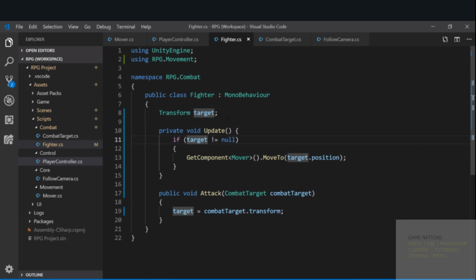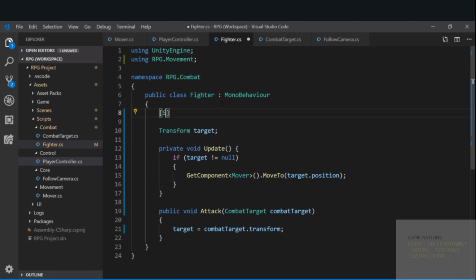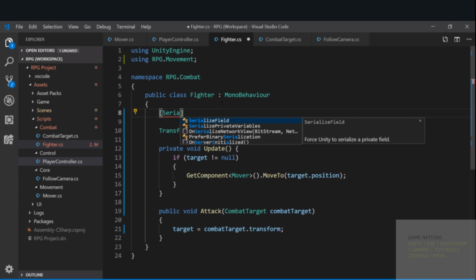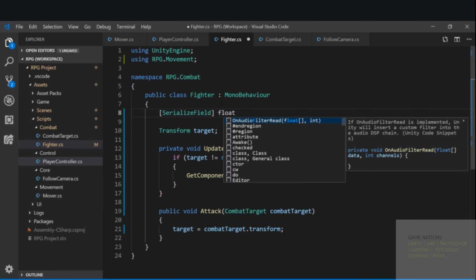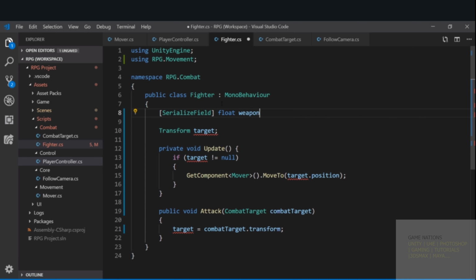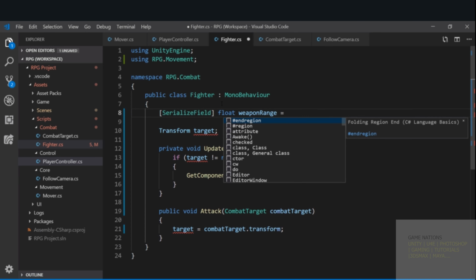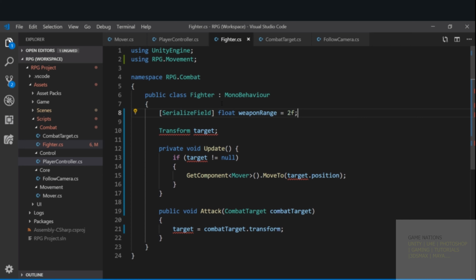So what I'm going to do is add a serialized field that's going to be our range for now. We're going to do things with weapon configs at some point, but not just yet. So it's going to be a float, and we'll call this the weapon range, like so, and I'm just going to set that at about 2 meters for now. And this is going to be your challenge to see if you can stop him moving when he gets within